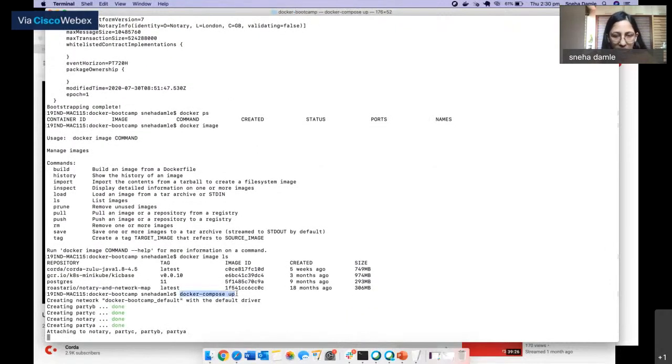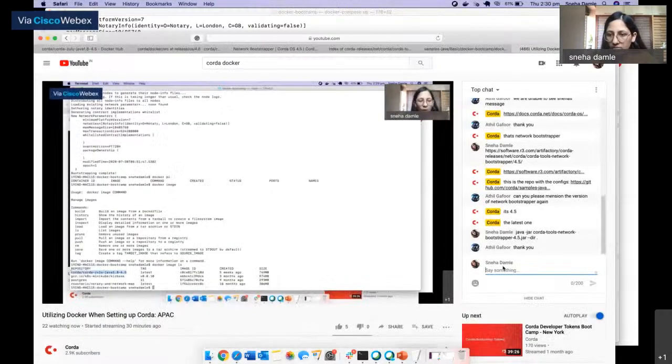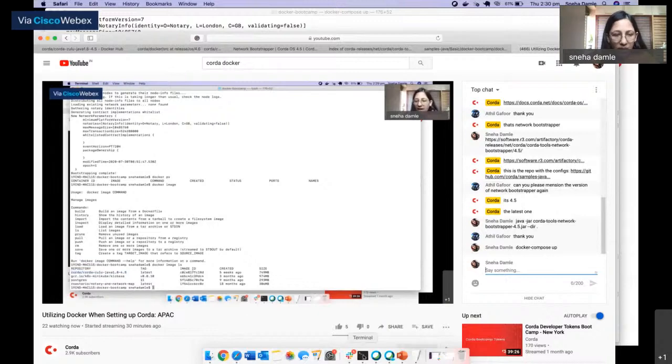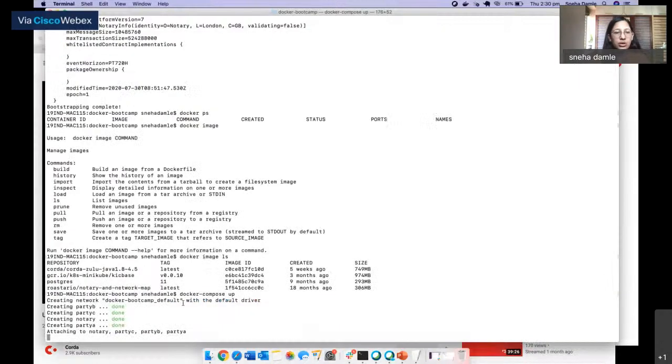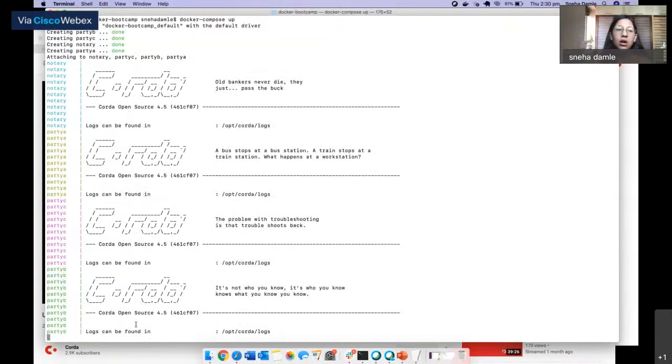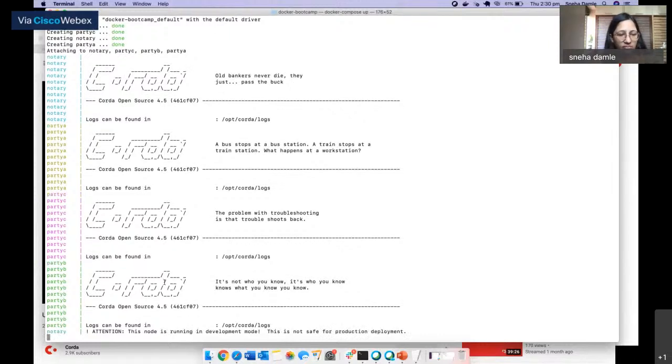Let me paste it in the description on the YouTube channel. What docker-compose up is doing is creating 4 different containers for 4 different nodes, and it is deploying the Corda node image individually on each and every container. So all the 4 containers are starting simultaneously.